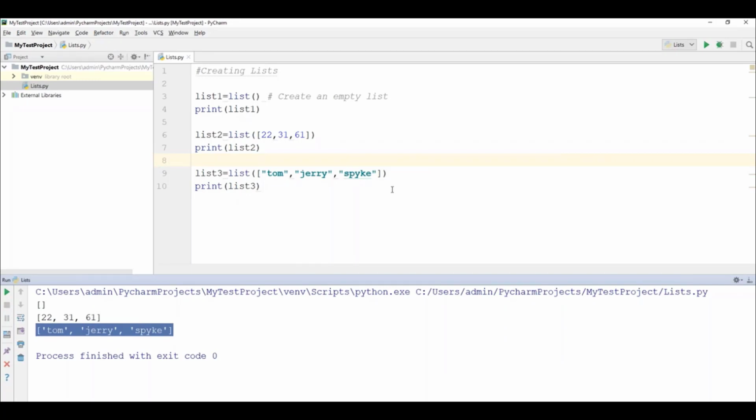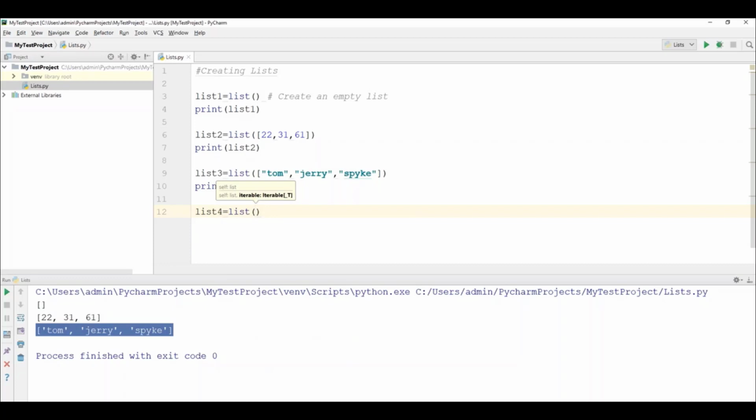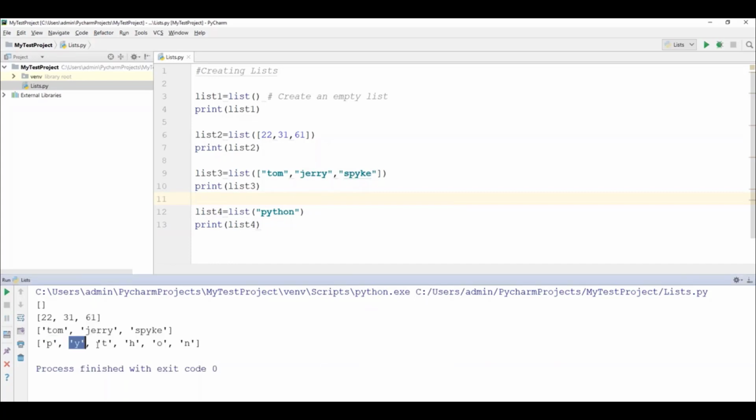Okay, and sometimes we can also store multiple characters of a string. In that case, we can say list4, let's say, is equal to list of, and just specify one string here, let's say Python. Now what happens is it creates a list variable which contains how many characters? 3, 4, 5, 6 characters. So Python. Let's print this and see what it prints. Print of list4. This is just a variable. Now run this code. It prints Python.